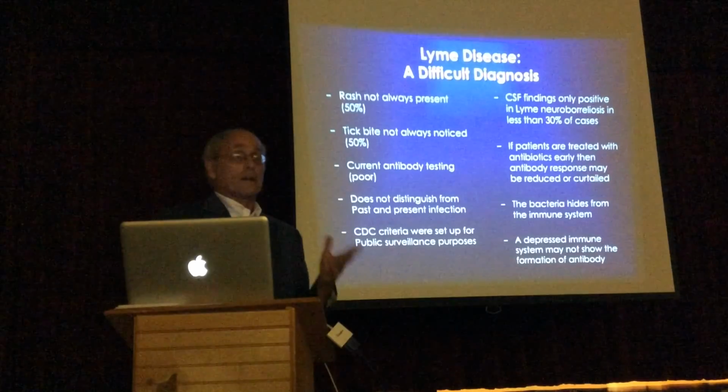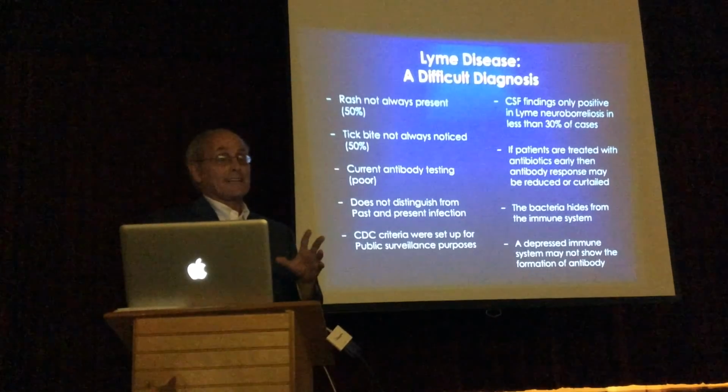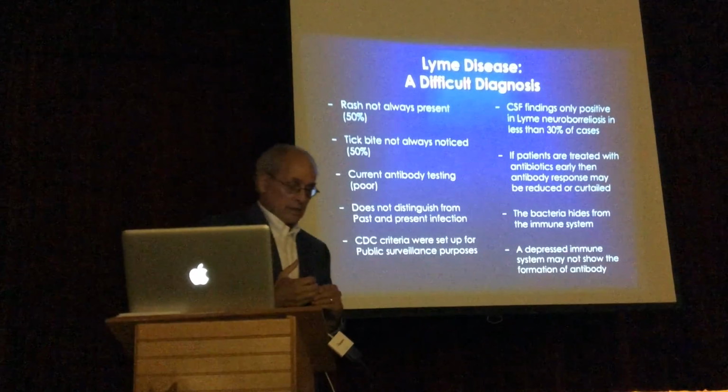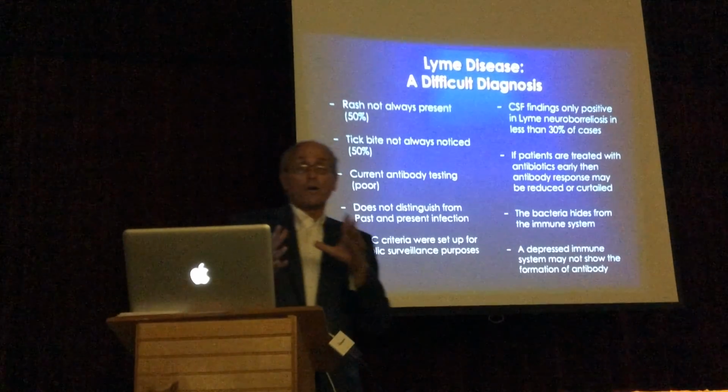Now, another glitch that you have to understand is when doctors look at the Western blot, they'll say, okay, it has to be 5